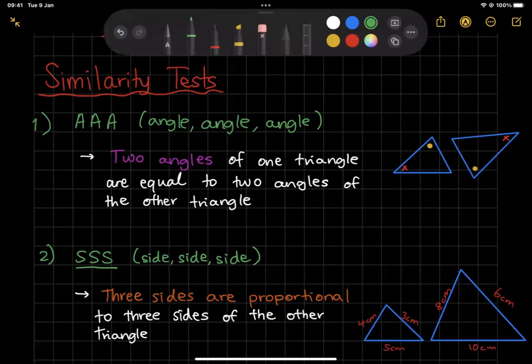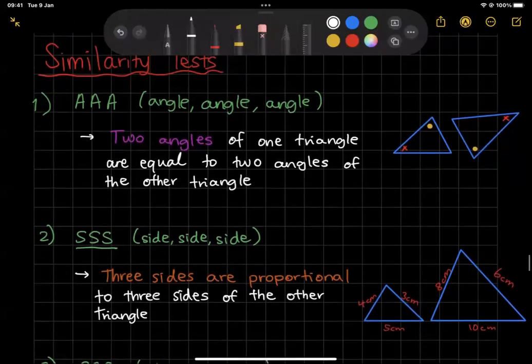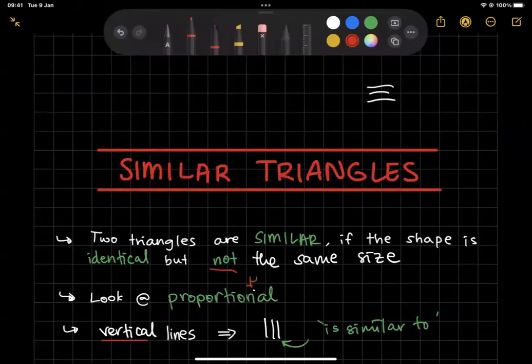So angle, it basically means that if 2 angles of one triangle are equal to the other 2 angles of the other triangle, that means it satisfies the similarity test for AAA. Okay. For the second test, SSS, side, side, side, the meaning of this one is slightly different to the congruency test for SSS. In this case, it means, well, if 3 sides are proportional, okay,